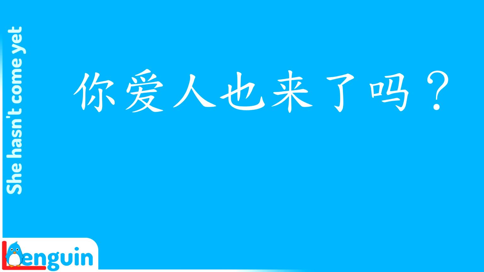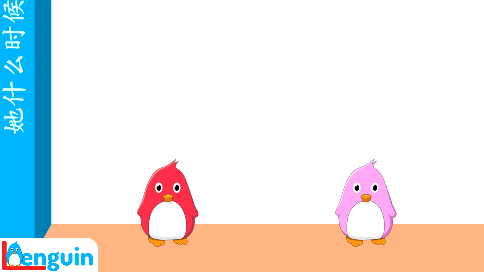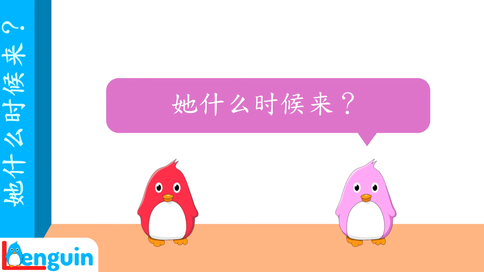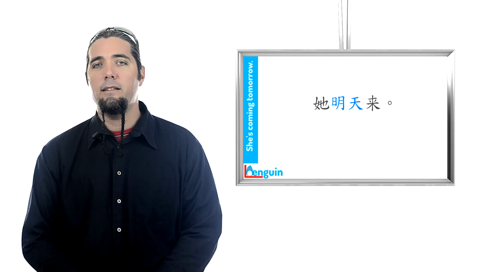Try responding to the question yourself. Answer that your wife hasn't come yet. 你爱人也来了吗？ 他还没来。 The conversation continues. 他什么时候来？ 他明天来。 Repeat the word for tomorrow. 明天。 明天，明天。